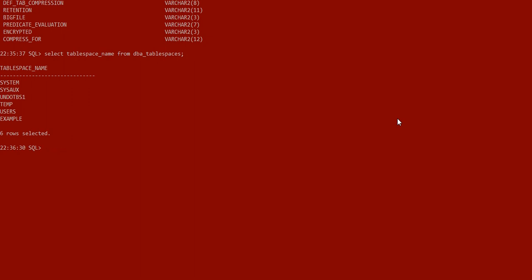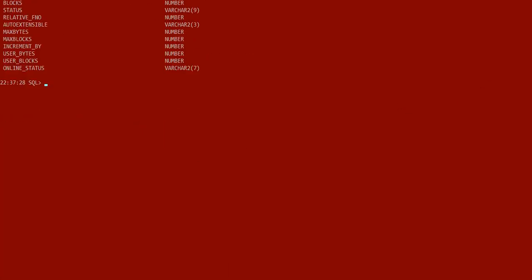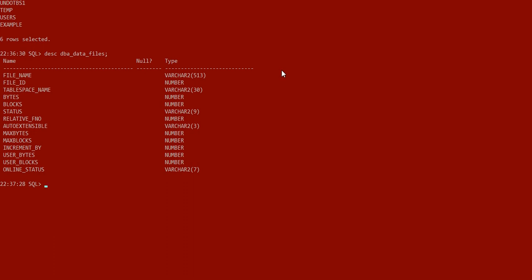For that purpose, we describe DBA_DATA_FILES, and from this table we can know the file names inside a particular tablespace name. Select file_name. I am also going to use the bytes column here. It will give you the size of the files. I am dividing it by 1024 two times to get the result in MB.